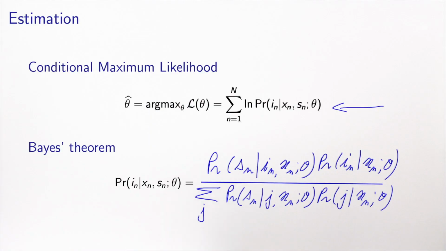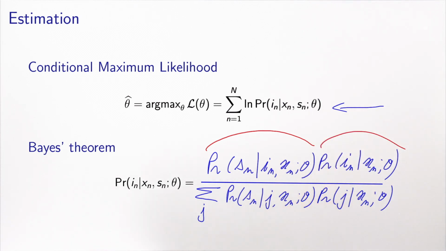We may know for some variables what is their distribution in the population, like income, age, and so on. But the full distribution of this complex X vector, which contains all the attributes of all the alternatives and all the socioeconomic characteristics of the individual, we have no clue about its distribution. So the advantage, the simplification we have here when we use conditional maximum likelihood is that we don't need to use this quantity.